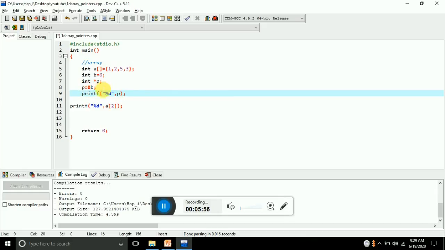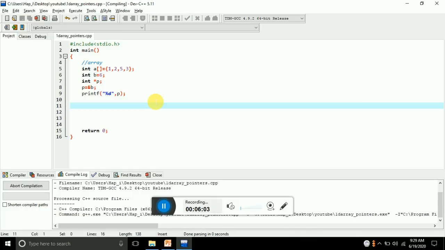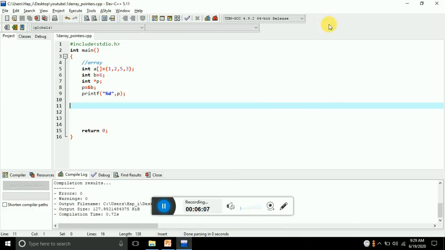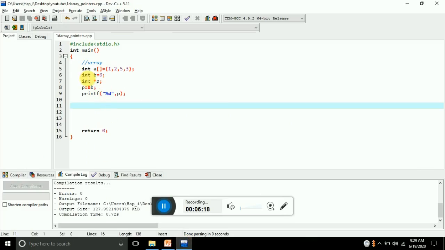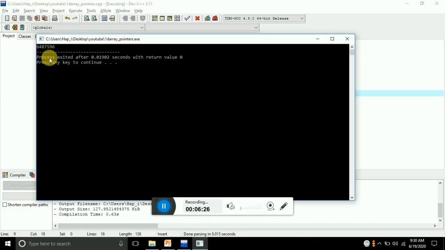Let me clear these things. It shows 6487596. It's the address. I've told you that if you print p, it shows 2432, and what is 2432? The address of a. So this is the address of v.